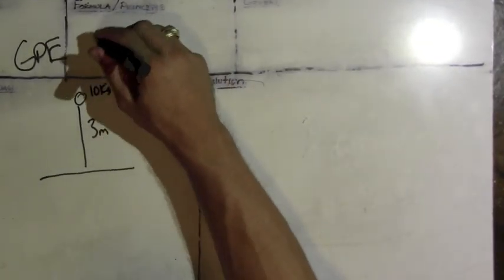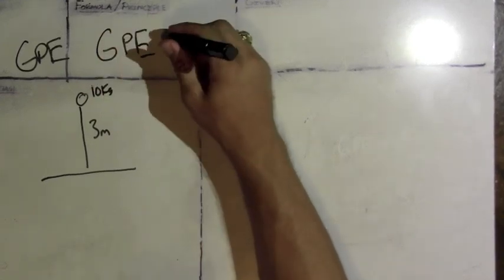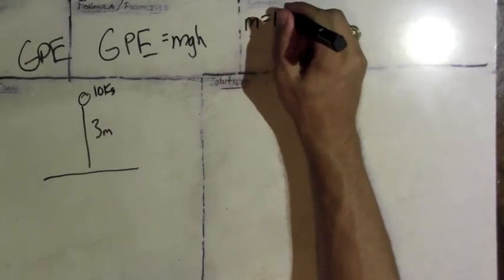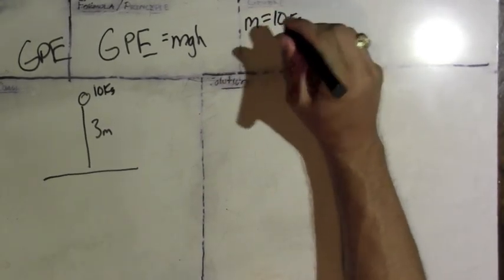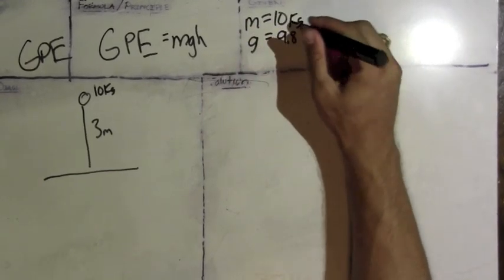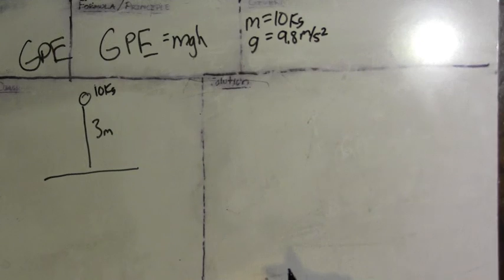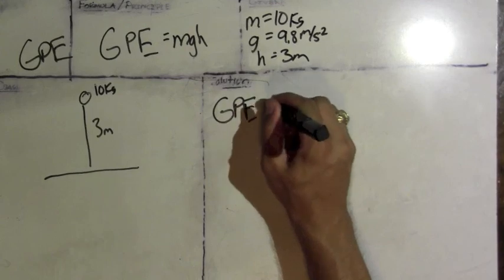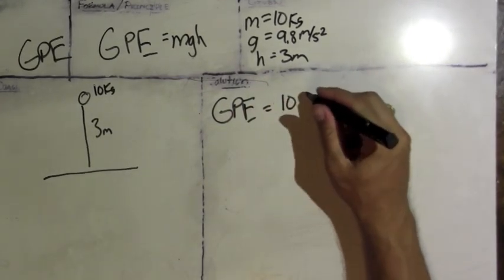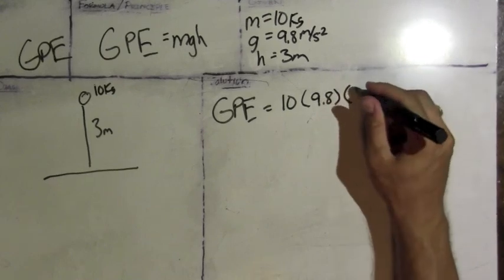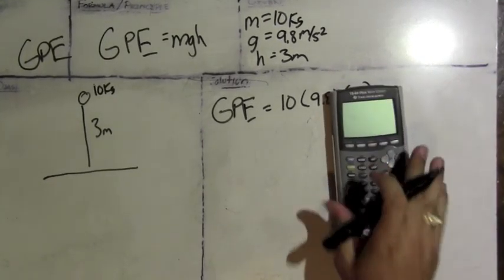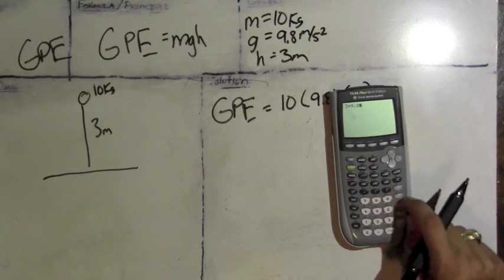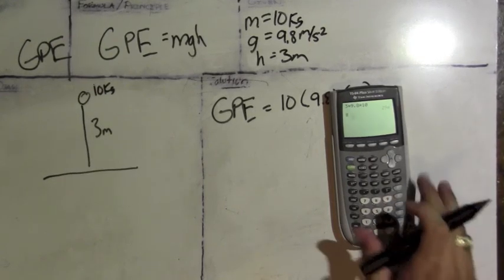So now we take a look and we say, okay, the formula that we have for potential energy is GPE equals mgh. We know the mass value is 10 kilograms. We know the gravity on Earth, which we are going to assume, is 9.8 meters per second squared. And we know the height is 3 meters. So in order to calculate the potential energy, we would just say mass times gravity times height. We would multiply 3 times 9.8 times 10, and as a result we get